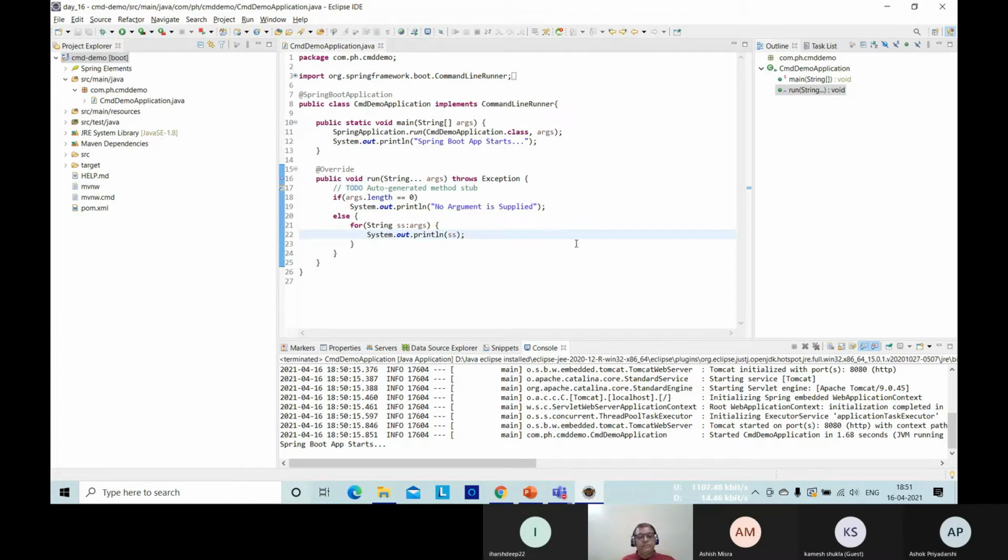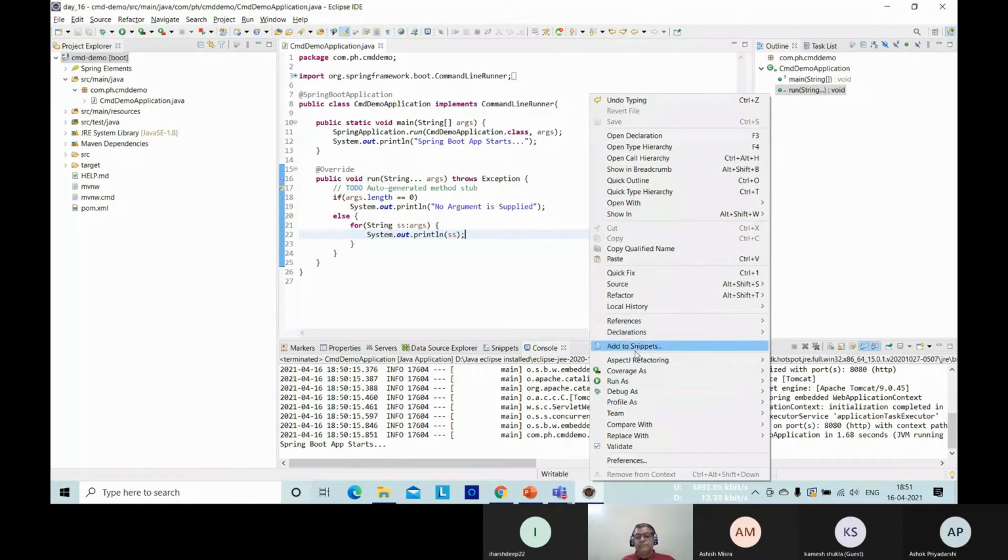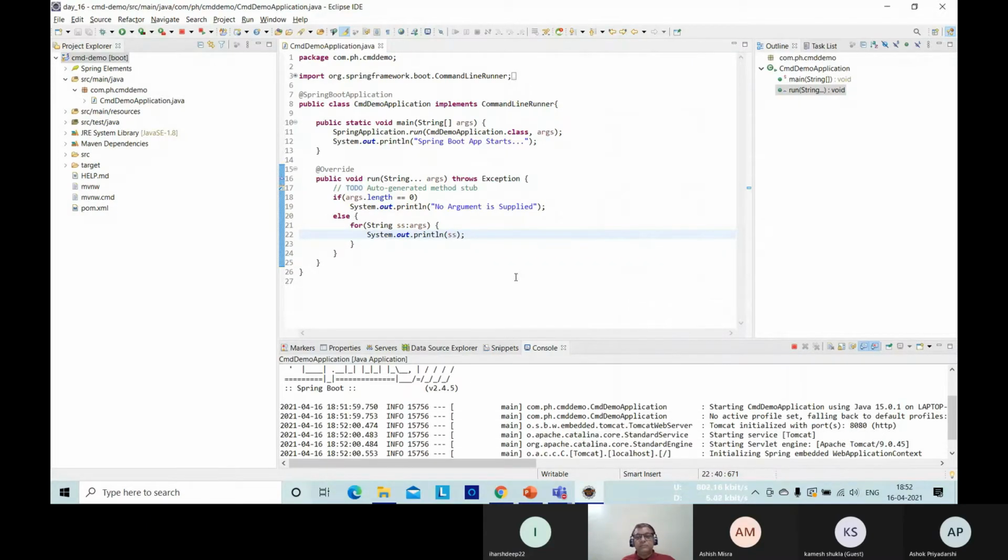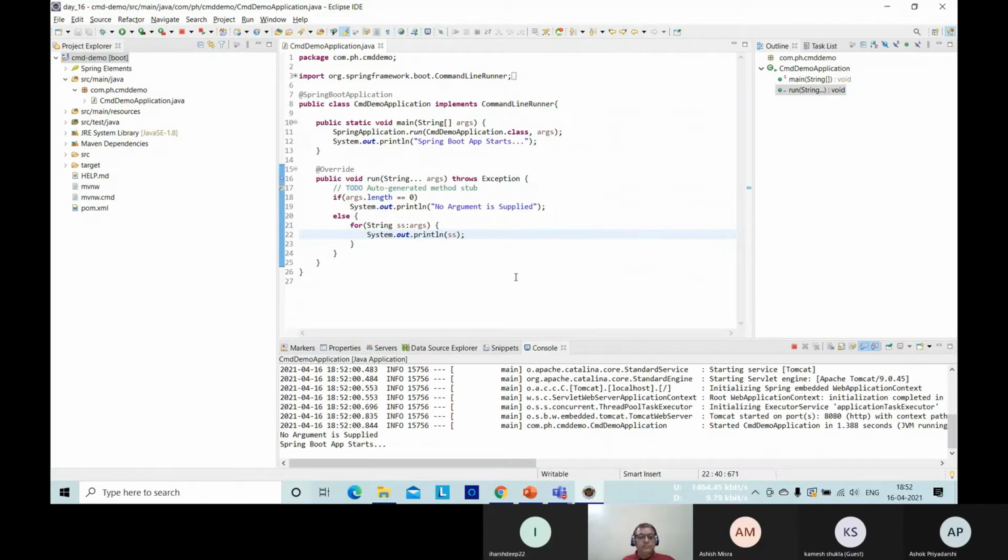Let me close first and re-execute. Relaunch the application. Look here, the message we are getting is: no argument is supplied.